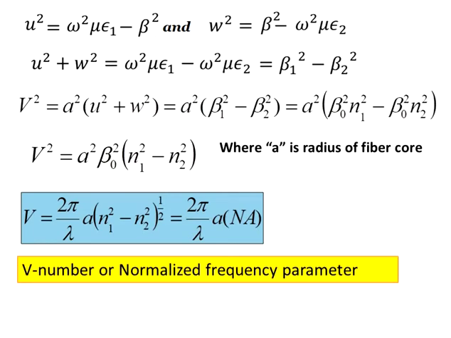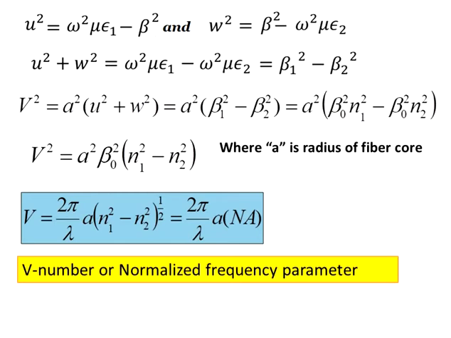So we can say, if we want to transmit more and more modes inside the optical fiber, we require the value of a to be more, or we can increase the numerical aperture, or we can reduce the wavelength of the light that is passing through the fiber core. So depending on these three parameters, we can change V, and by changing V we can get more number of modes supported by the fiber.